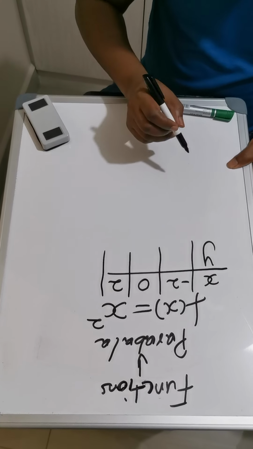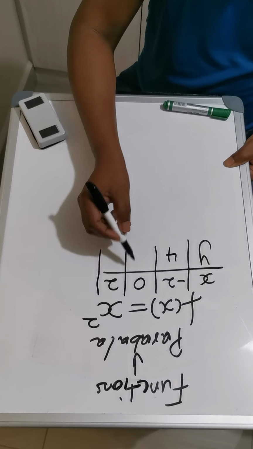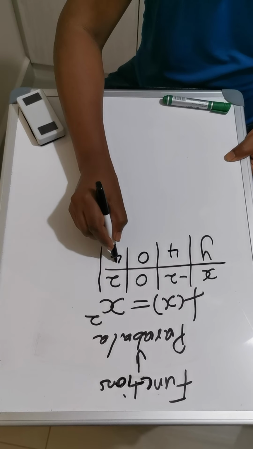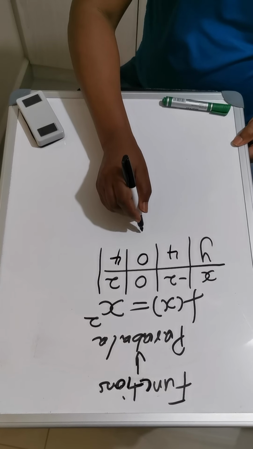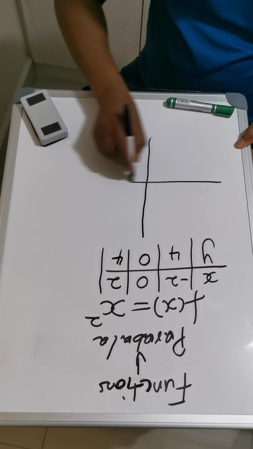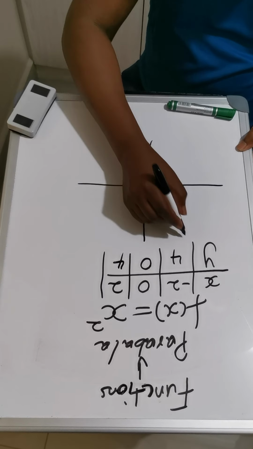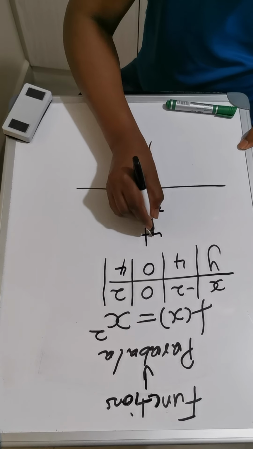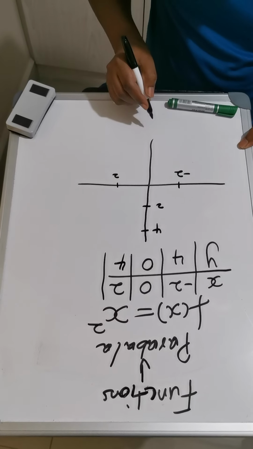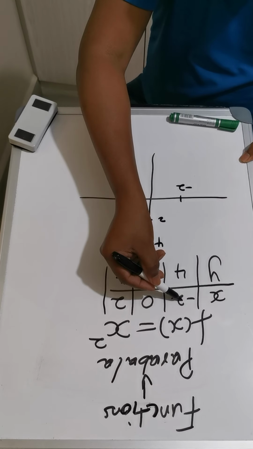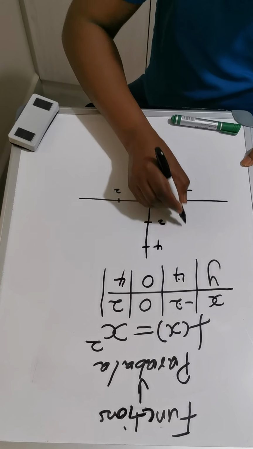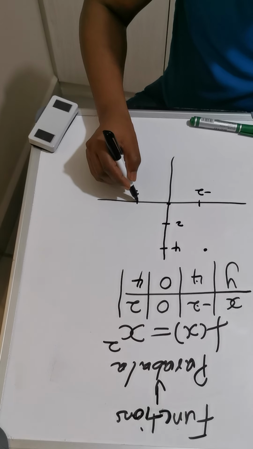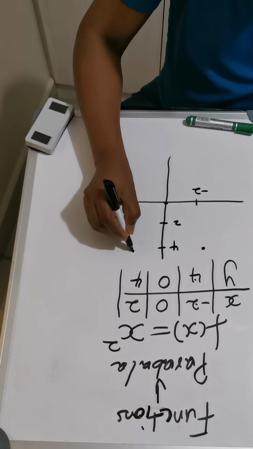So if you put negative 2 there, this will be positive 4. If you put 0, this would be 0, obviously. Putting 2 squared, that would be 4. This means our graph would be something like this. Here you have 2, this is 2, this is 4, this is negative 2. Now negative 2 maps to 4, which means here is your point, 0 and 0, and 2 maps to positive 4 again,